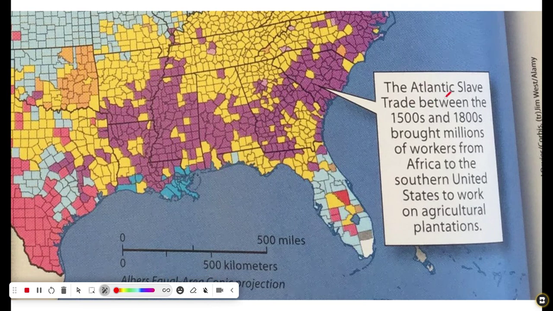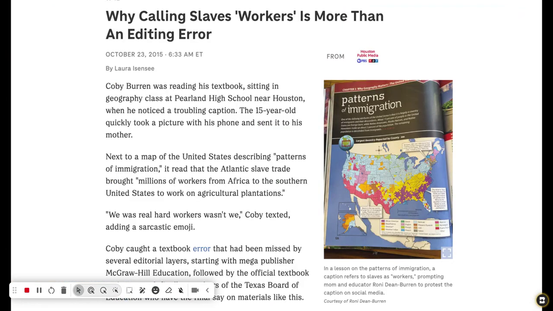And then I read this sidebar, and this is a published textbook. And I see that it says the Atlantic slave trade brought millions of workers from Africa to the southern United States to work on agricultural plantations. And I'm thinking, I really don't think that's the best terminology. In fact, I think it's a gross understatement of the evilness of slavery. I really do. And so this actually was seen by a 15-year-old student, an African-American student, and he snapped a